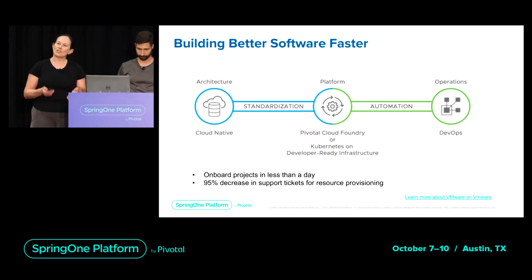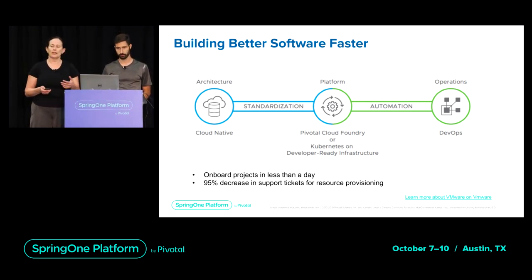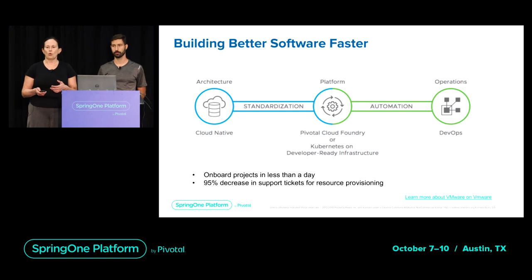Therefore, solutions that abstract infrastructure, like Kubernetes or Pivotal Platform, are helping DevOps and developers onboard as many projects in a day and provide resources in a very efficient way.